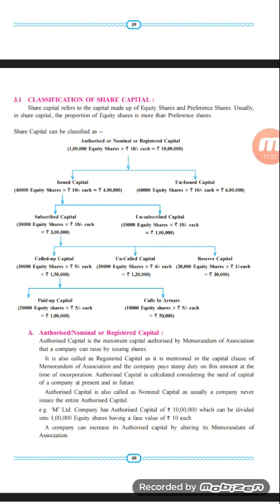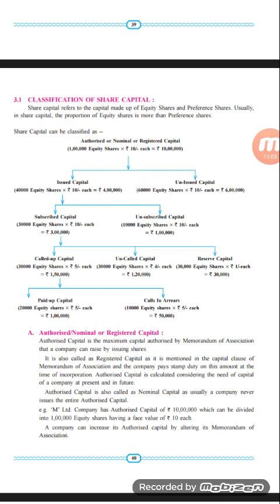And reserve capital is that capital which the company will demand after a specified period of time, whenever it is necessary to make certain decisions based on the equity share capital. So here rupees 1 each. 30,000 equity shares into rupees 1 each, so how much amount will the company get? The company will get rupees 30,000. So here the called up is rupees 5 each, uncalled rupees 4 each, and reserve rupees 1 each. If you add all this, rupees 5 plus rupees 4 plus rupees 1, the total amount is rupees 10 each.